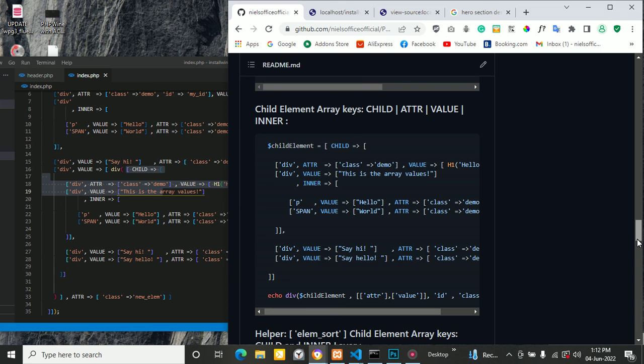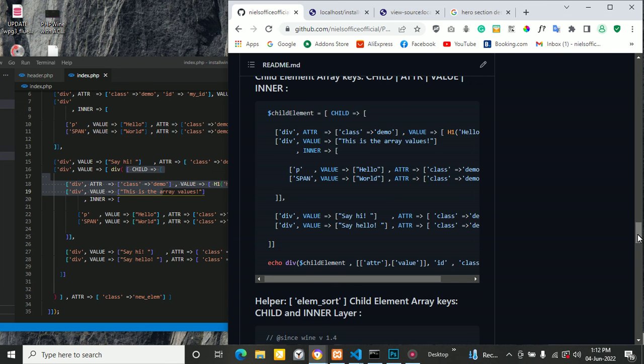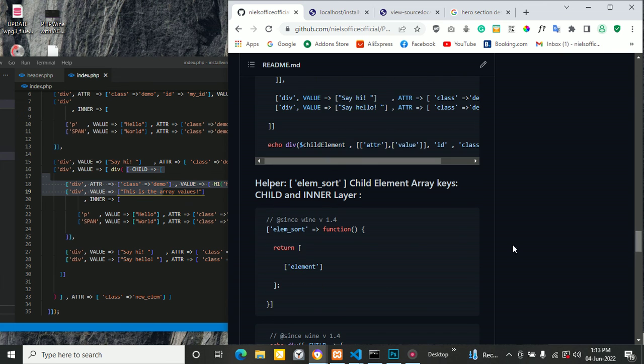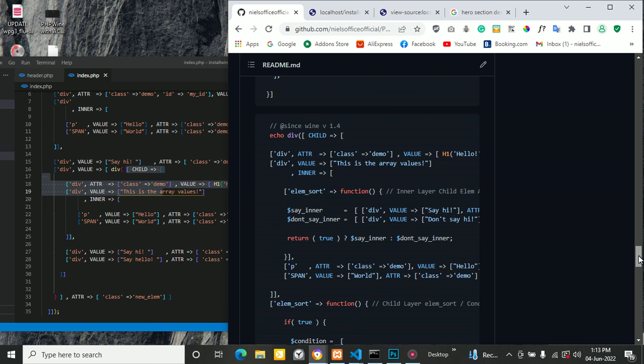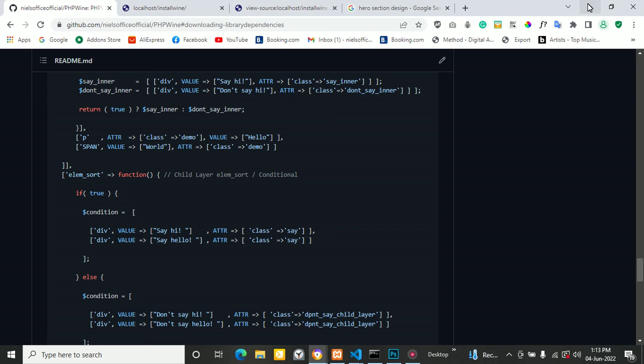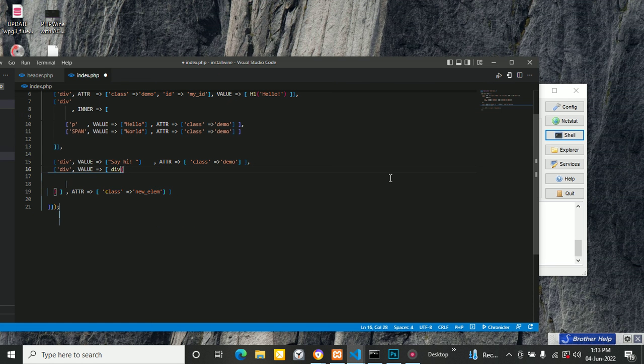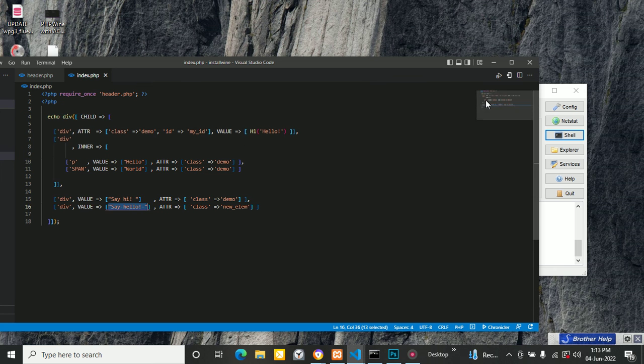So this is going to be as is, and all you have to do is use that, and that is with a template, if ever you need that structure over and over again. So in the next video I'll explain to you how these things help you in element array keys, child and inner layer. So if ever you are going to create a modulus, for instance, because in this approach you can